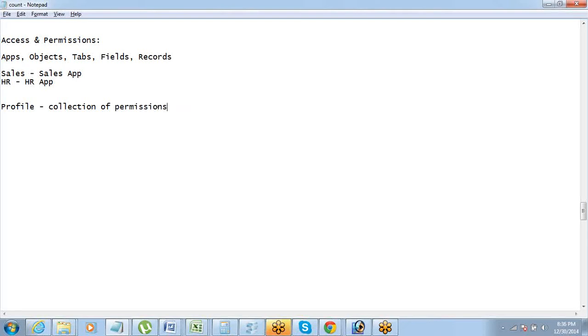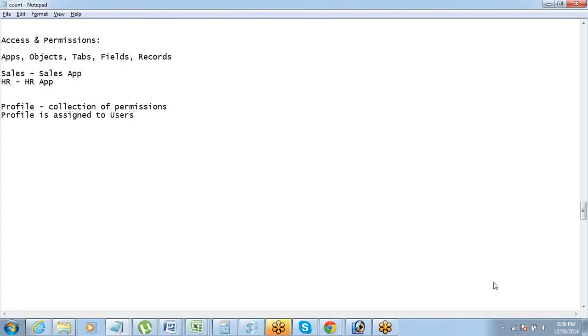The profile contains a few permissions, and then this profile is assigned to the user. Okay, so this profile is then assigned to users. All right.